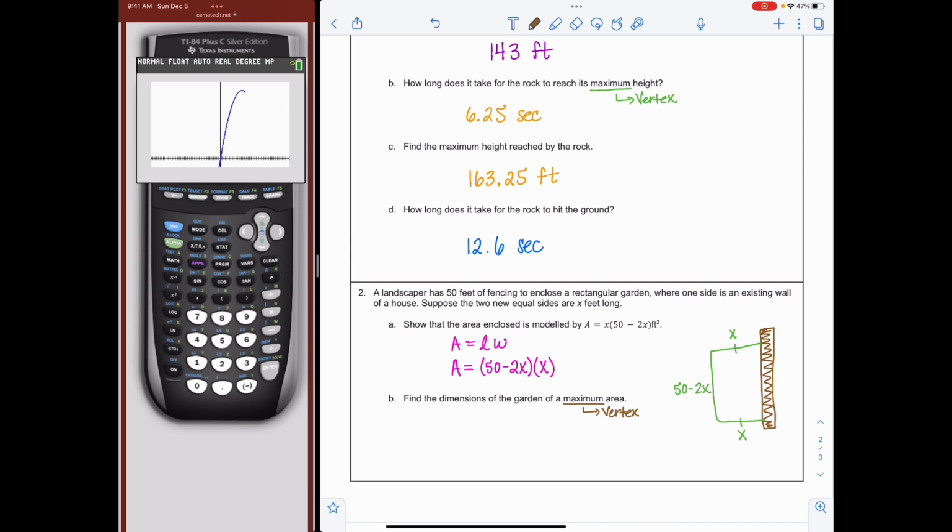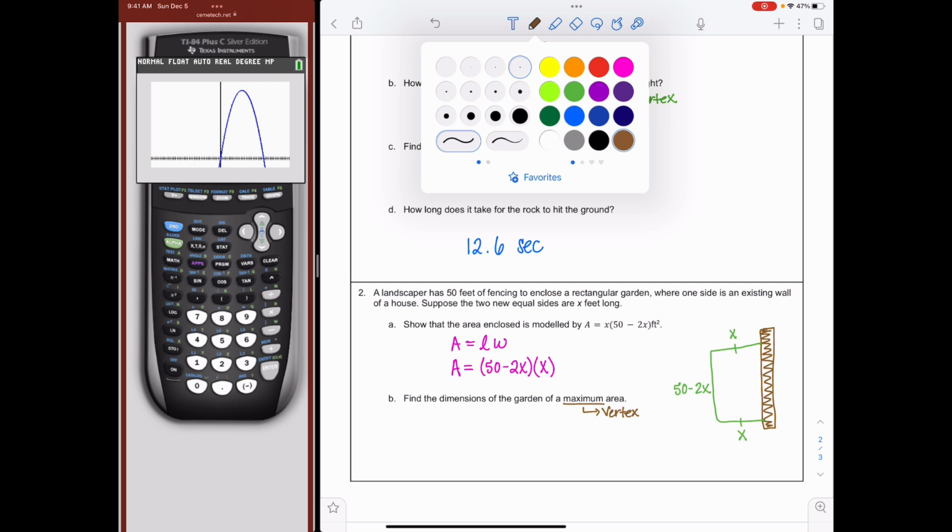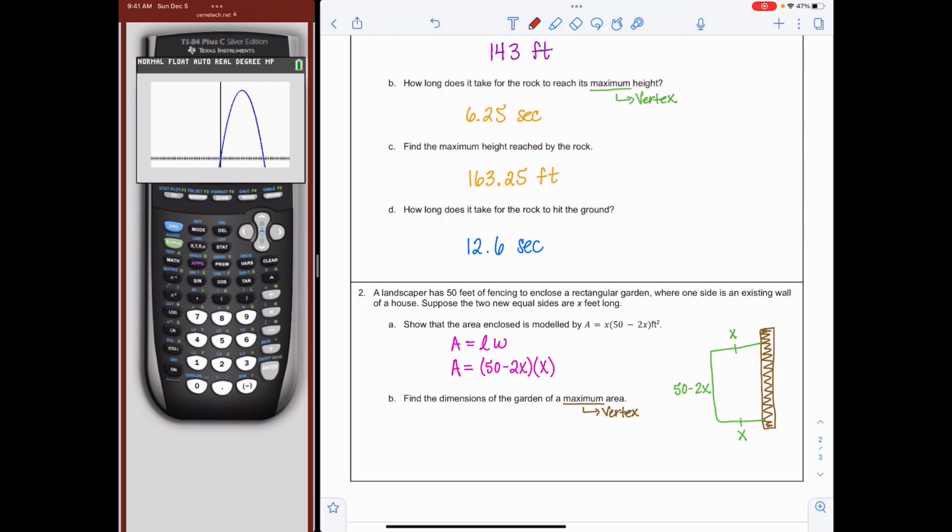So I already know that the accurate X value of that point is 12.5, and then 312.5. But you have to make sure you understand what each portion means. The X value represents the width, and the Y value represents the area. So when it says find the dimensions of the garden, that means they want me to find the length and the width. If I know my width is 12.5,